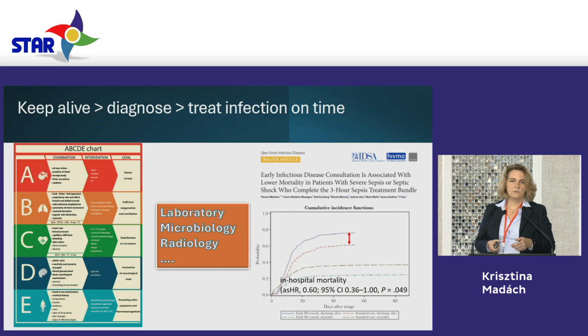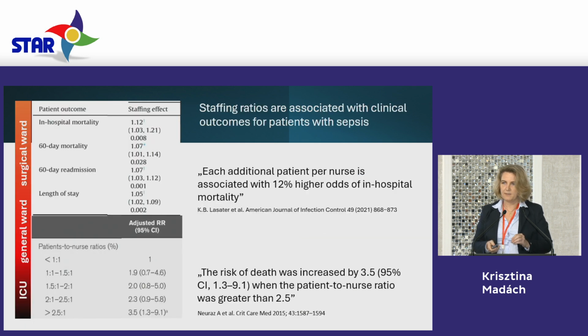Proper diagnostics is crucial because we cannot treat sepsis, but we can treat the infection, so we have to find the infective agent. And finding the infective agent also means finding the infectologist who is responsible for the intensive care units, because not all of us are experts in infectology. Some of us, yes, but some of us, no. And this study is very important because you can see that the regular presence of an infectologist on the ward rounds can decrease the mortality of sepsis by 40%. So if we can treat the infection correctly, that's a big help.